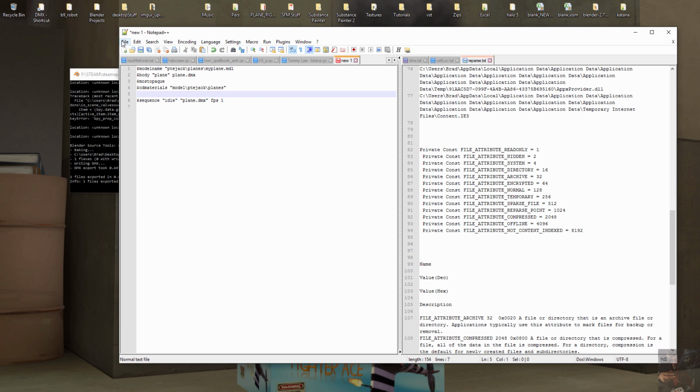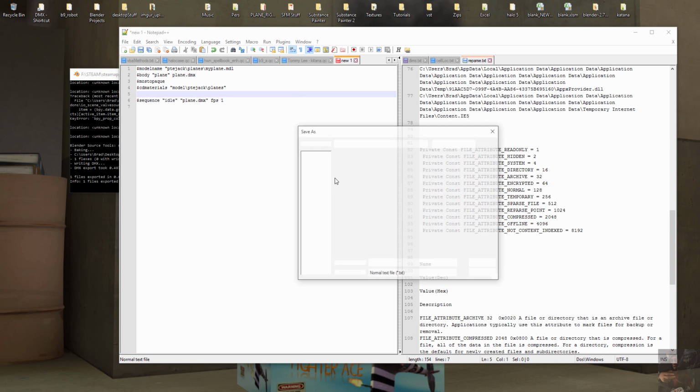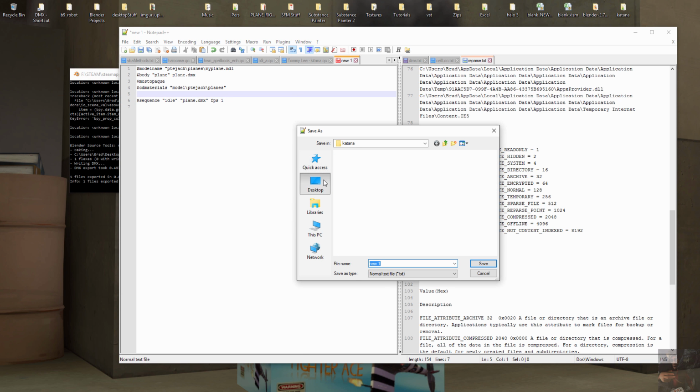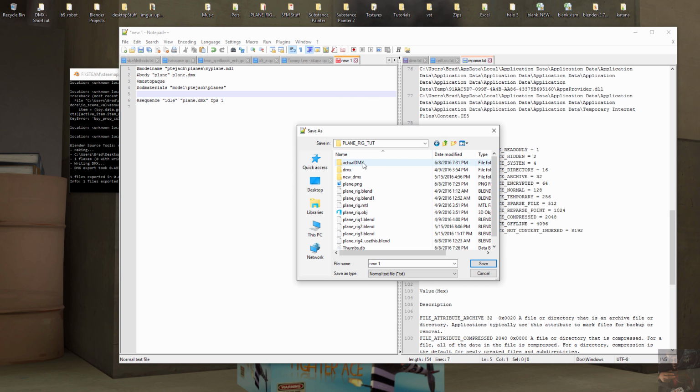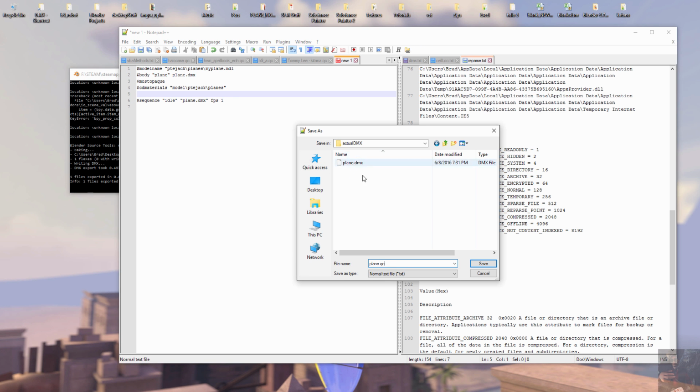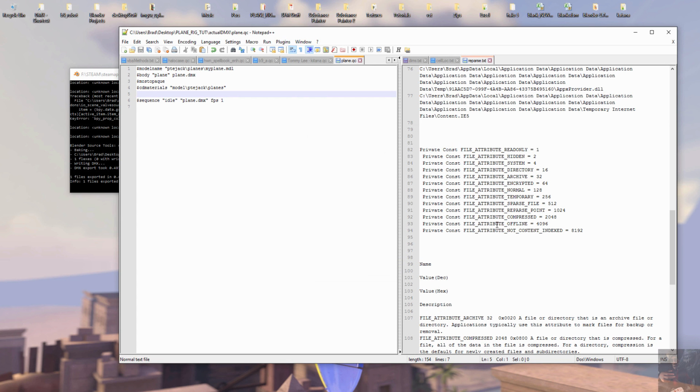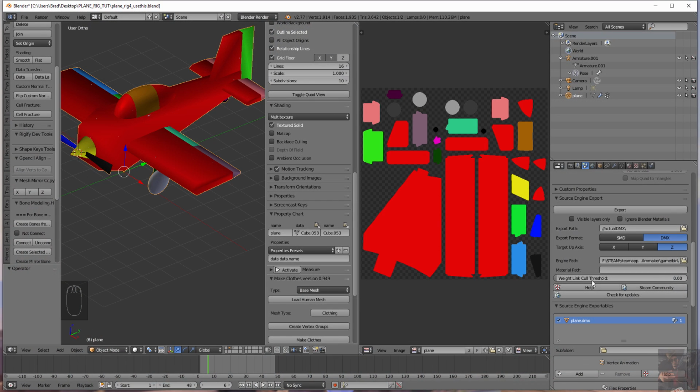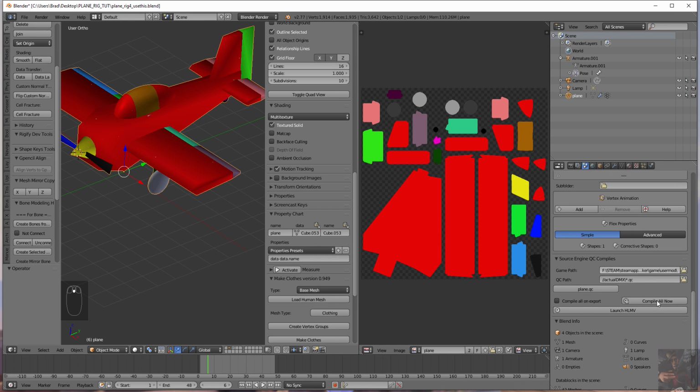Okay, so I'm going to file save this as plane.qc. And I'm going to put it in the same folder that I extracted the plane DMX file to. Save that. As soon as I do that, if I look down here and I've set this up properly, I'm going to end up with a plane QC button down here